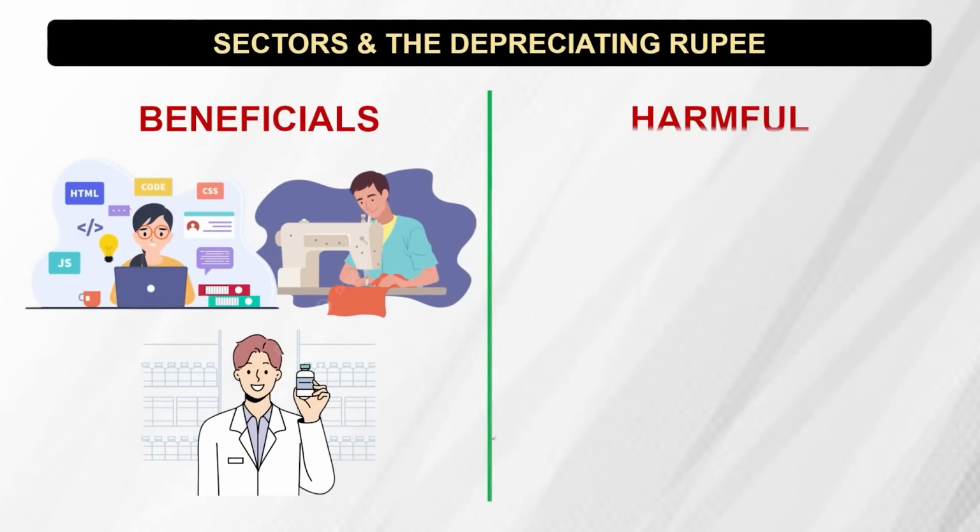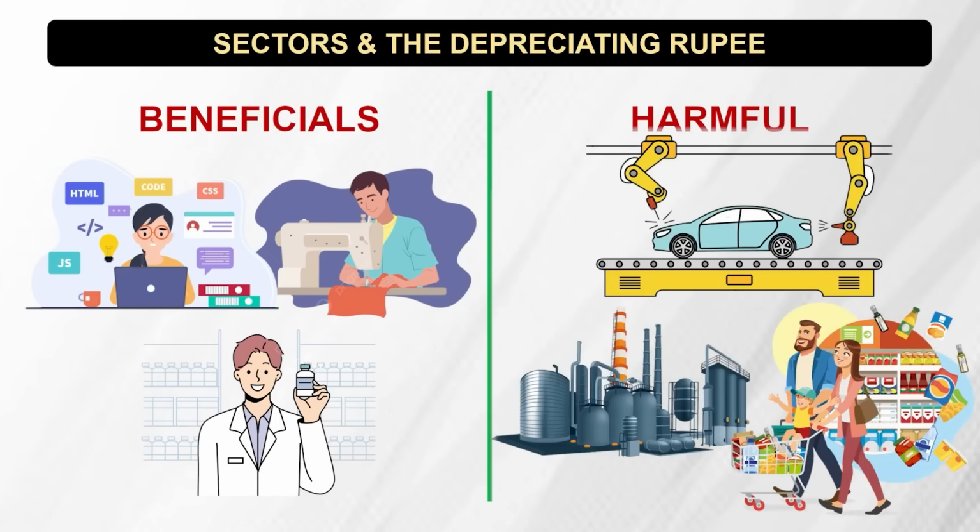On a sectoral basis, export-oriented companies in the IT, textile, and pharmaceutical space, which earn the bulk of their revenue in US dollars, do stand to gain from a depreciating rupee. On the contrary, depreciation is likely to hurt companies that import stuff, so companies in the oil and gas, FMCG, automobile sector, etc., and perhaps also companies like Page Industries and Jubilant Foodworks that have to pay royalties to foreign companies in dollars for their franchisees in India.